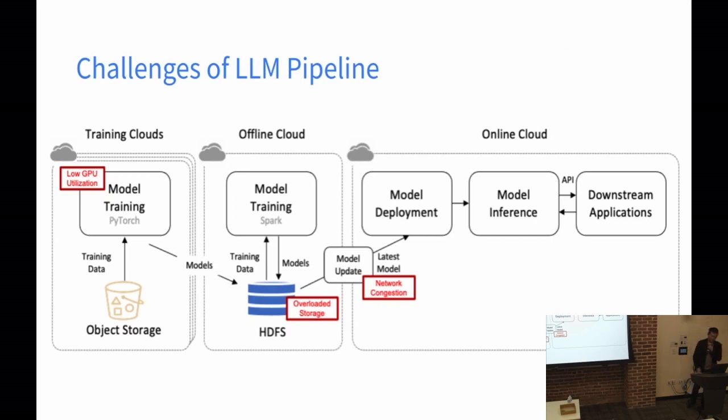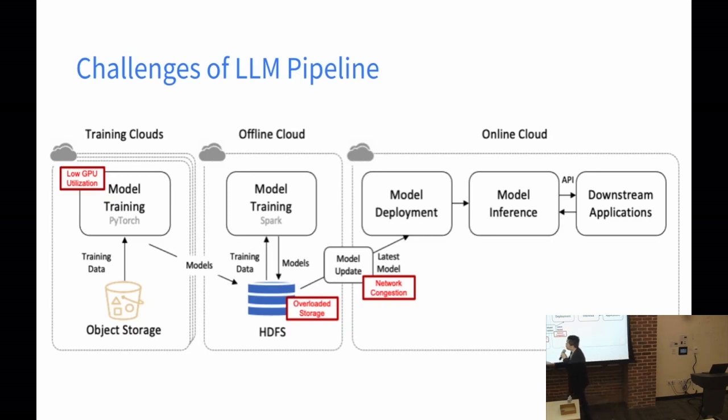I may have already shared something similar in the previous section, but I just want to go deeper here. For large language models, you can see that at different stages, they may have different concerns.